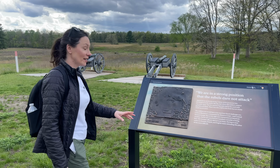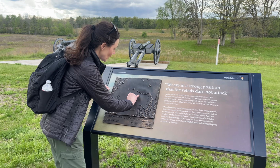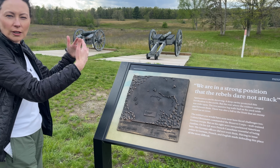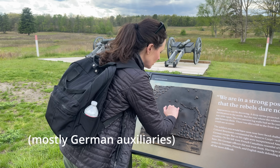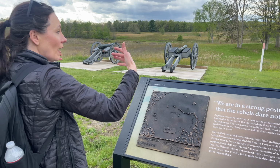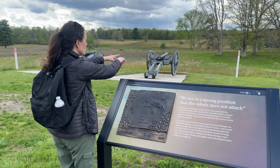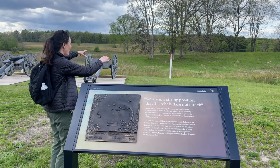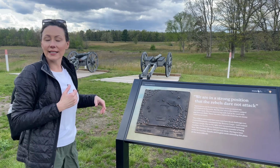I just want to show you something awesome on this plaque. This is Breymann's Redoubt. It's like a fortification, a wall, or like a barricade that the British were behind. And these two little circles denote these two cannons. So right now, we are within British lines. You can see those posts with the white bottoms and the red tops. That signifies the British lines. So we're within them. And so it would have been somewhere